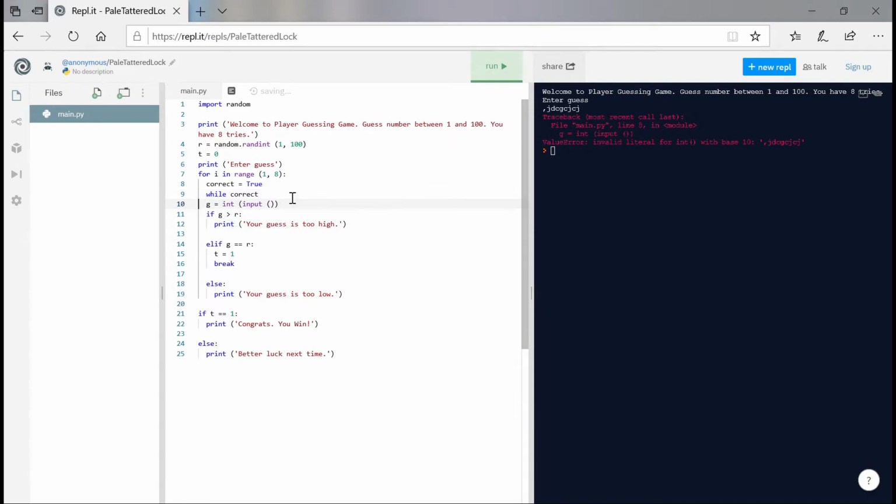The other thing I forgot to mention was that we also want the value to be within the range 1 to 100. Although it really wouldn't matter if the user entered some random number like 2000, it still makes a lot more sense to say, enter a number within the 1 to 100 range. So for that, I'm going to say while correct,